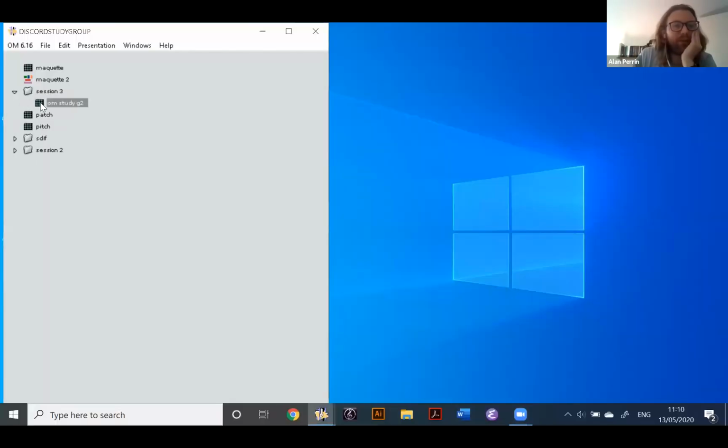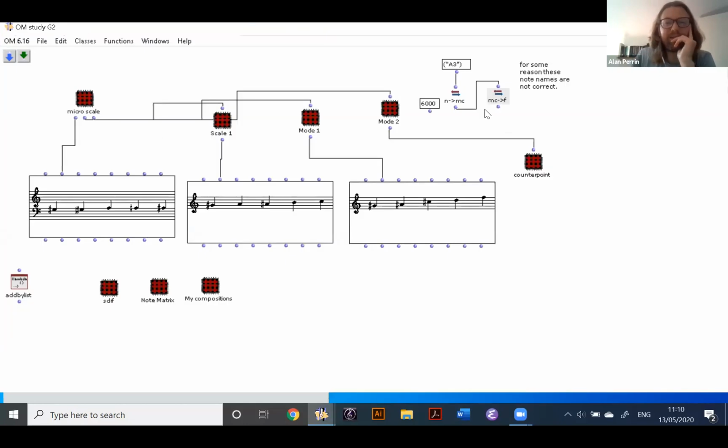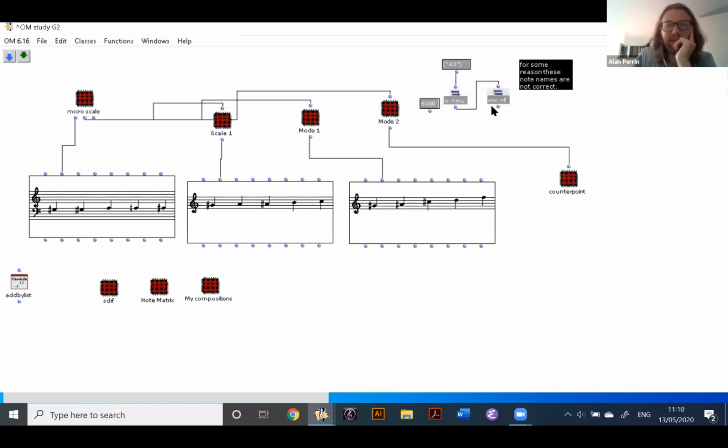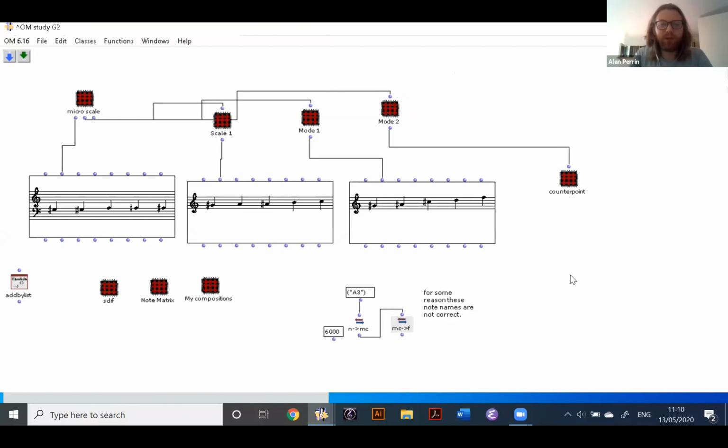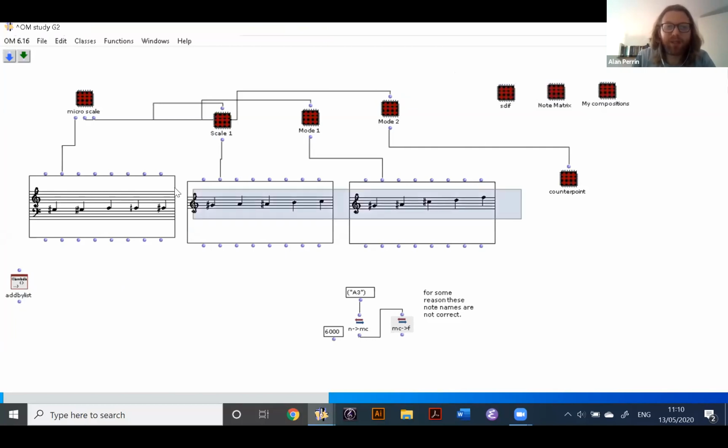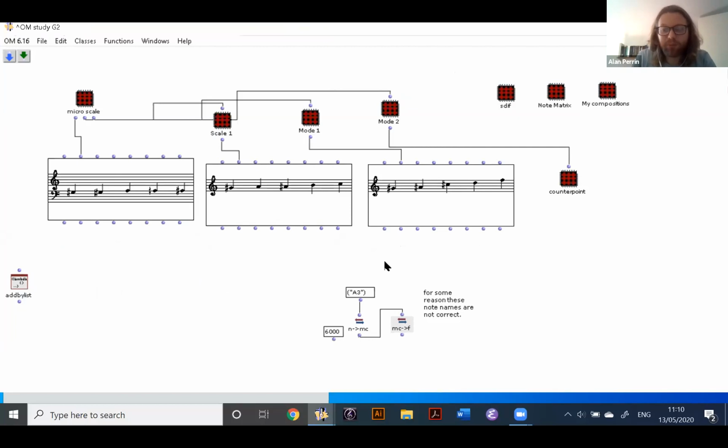I just fired a couple of things together. First of all, it might be an idea, for anyone who's maybe new to OpenMusic, to quickly give an overview of how OpenMusic deals with pitch material. If anyone wants to jump in or correct me on anything, feel free to do so. But OpenMusic will